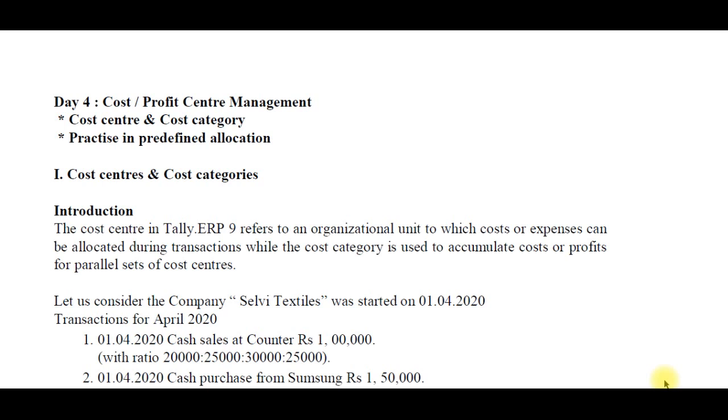Today we finished cost center or profit center management. The subtopics are cost center, cost category, and practice in predefined allocations. I repeat myself for your clear understanding.